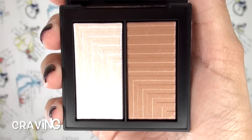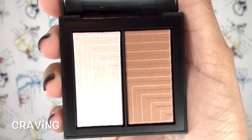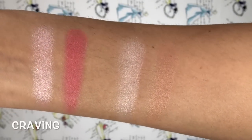This next shade is called Craving, and on one side you have a sparkling seashell pink highlighter, and the other side is a shimmering beachy bronze. Now this one is probably going to be the duo I'm going to get the least use out of because this bronzy shade doesn't show up that well on my skin, and it isn't the right shade as a bronzer